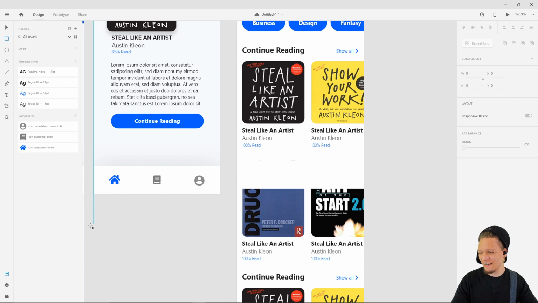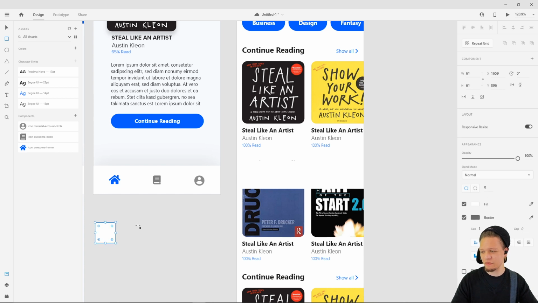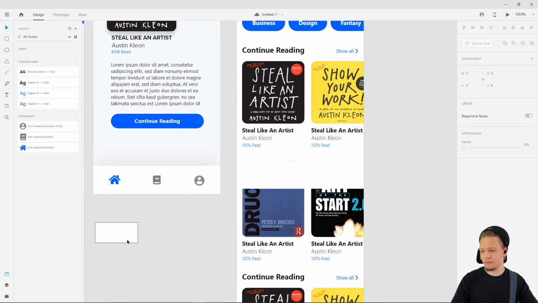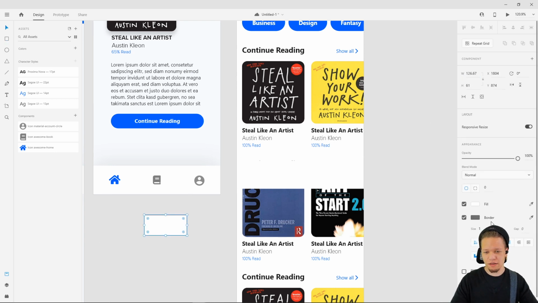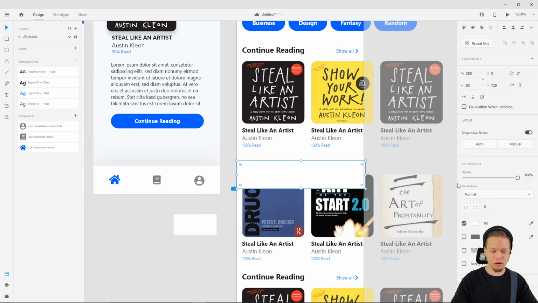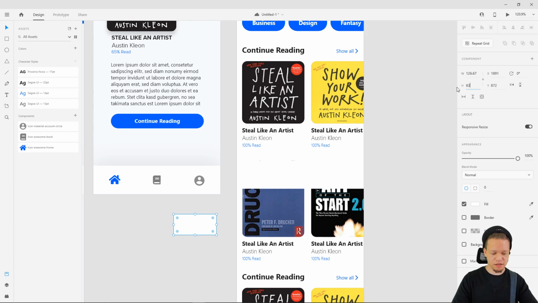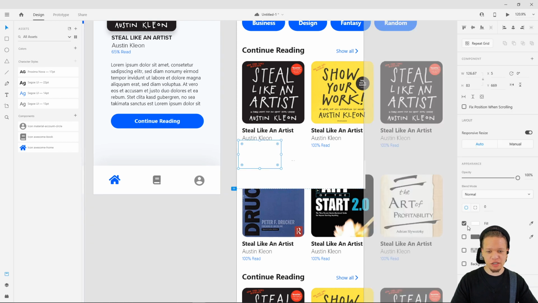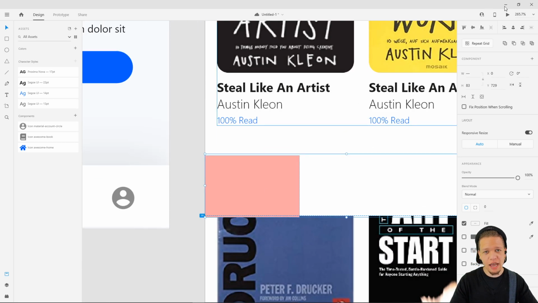All I'm gonna do, guys, is another rectangle, and I'm gonna do the width this size, and I'll show you why. For right now, I'm gonna take the border off. I'm also going to match the height of this as well. So 83, copy, paste, there we go. Now I'm going to change the color of this so I can actually see what's happening. I'm just going to bring this in alignment